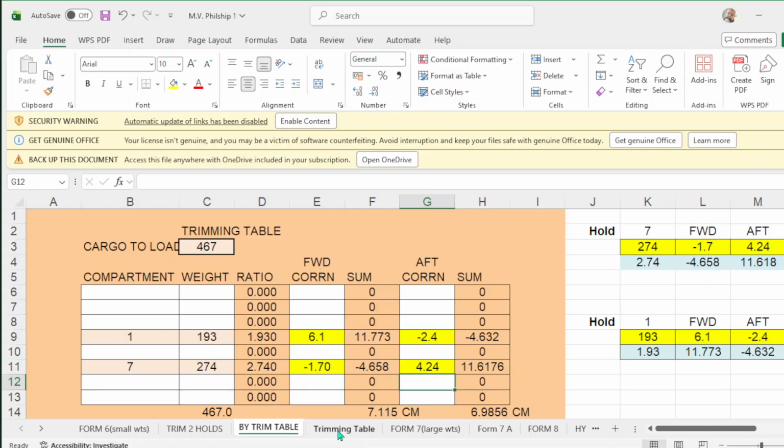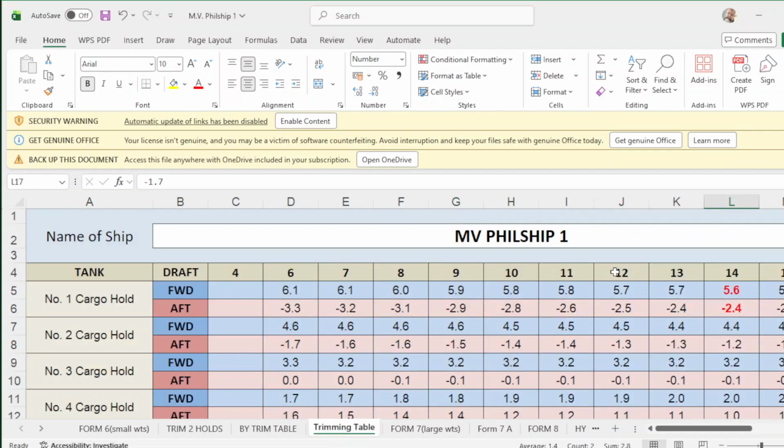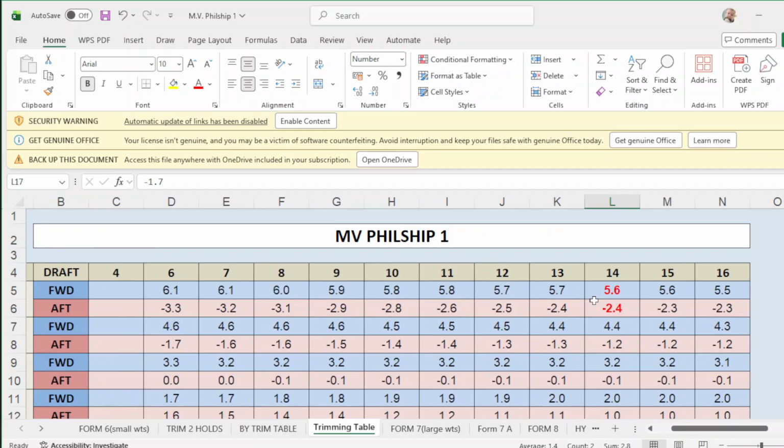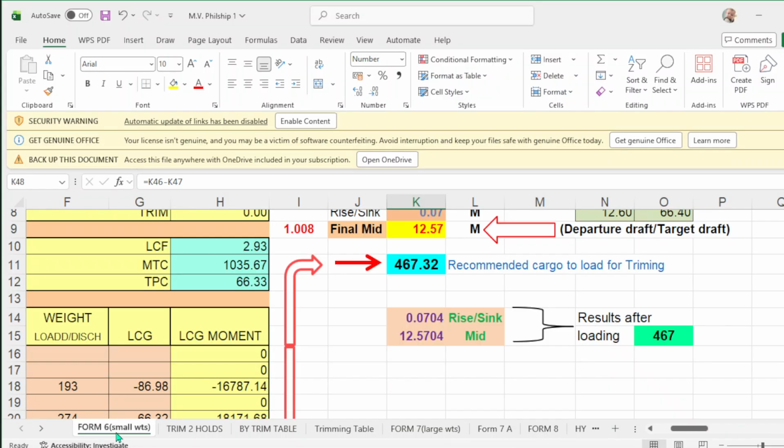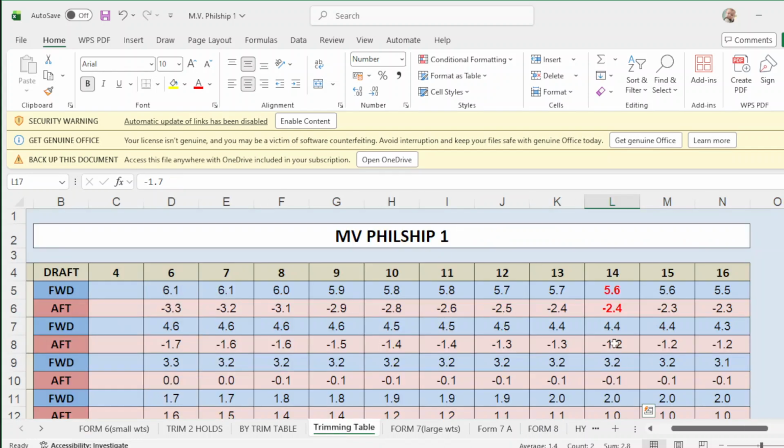You go to the trimming table. This is the name of the vessel, and here's cargo hold number 1, forward and up correction. Our departure drop is 13.57, so we take the nearest drop of 12.57. Is that correct? 12.57. Okay, so we go 12.57. That will be this one, nearest.